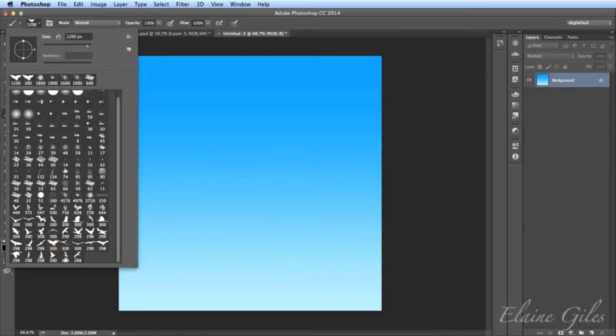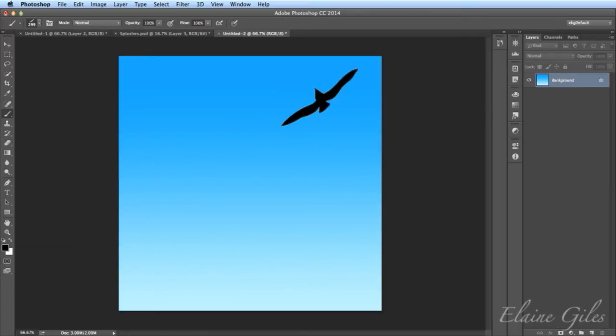I had one of them, the walking bird. Where was the walking bird? I think he was towards the top somewhere. But I also want a flying bird here, so I'm just going to pick one at random. I can move it across and have a preview. That's not really the look I'm going for. It's more like that, I think. And what I'm going to do is just click once. And that is when a stamp is useful.